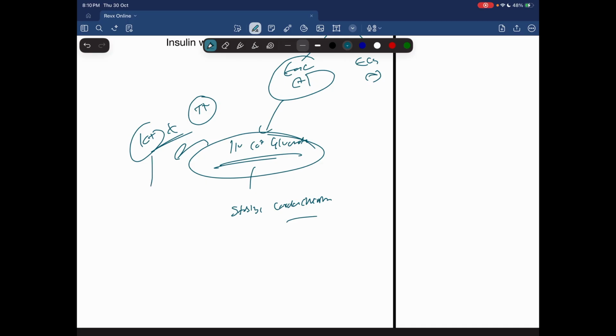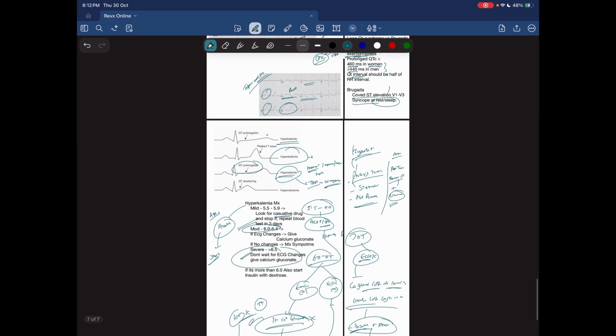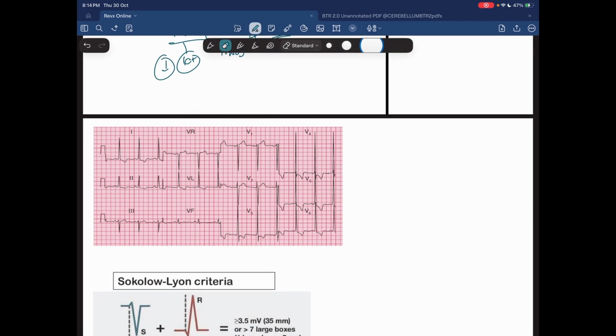Now what we can do, if potassium is more than 6, after you stabilize, then you give insulin with dextrose. Insulin is going to drive the potassium inside. So this sorts this. We have just two more things to discuss before we end this